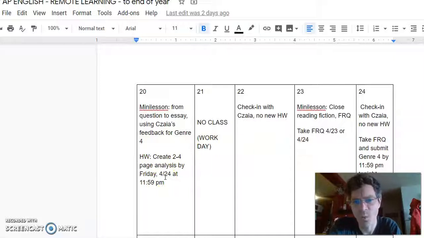Now, what you'll notice as you go through this calendar is that there's going to be a balance. We're going to be tracking back and forth between 2 things. One is the Shakespeare multi-genre project, which you've already done work on. You should have finished reading the play over the break. You've got these 3 genre pieces. If you haven't, catch up on that. You've got time to do that.